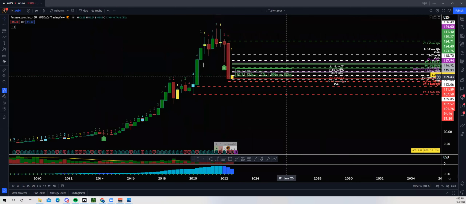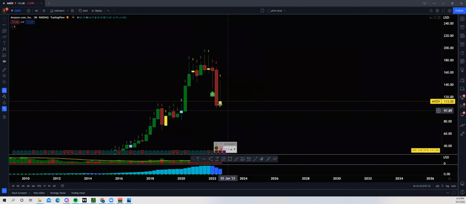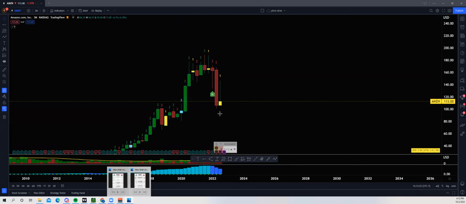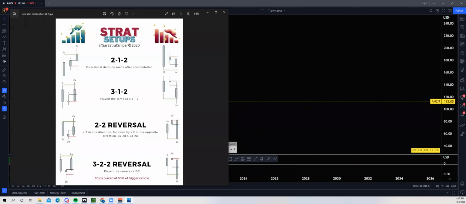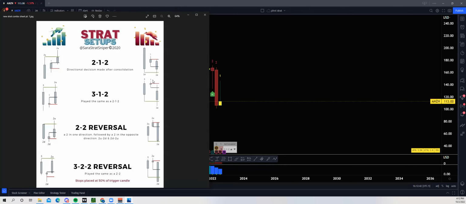Amazon. All right, Amazon, if I hide all these drawings, it has a 2-1 quarter. So I'm not looking for a 2-1-2 reversal here. I'm just really looking for the continuation. I don't think the continuation is on here, which is fine. But essentially I'm looking for this right here, this 2-1-2. Or it could go 2-1-2 reversal to the upside, but it looks like it's closer to going 2-1-2 continuation